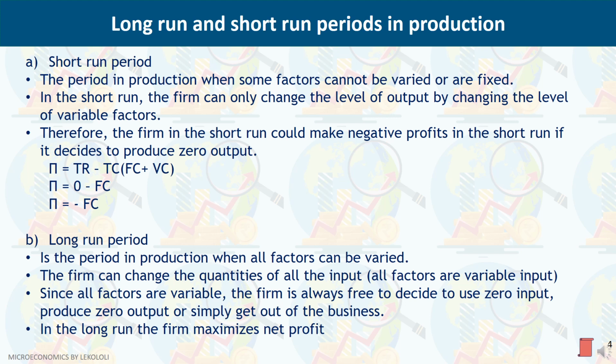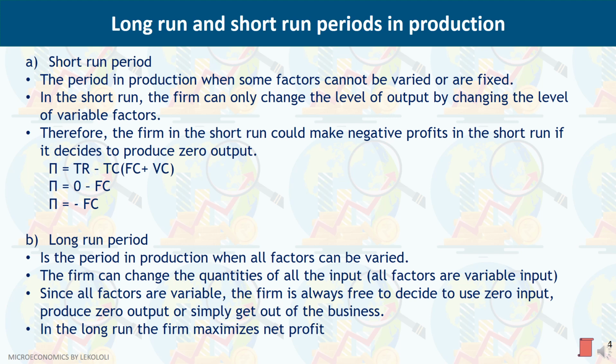In accounting, we usually have two categories of profit. That is net profit and gross profit. Net profit considers all costs, both fixed and variable. It is calculated as TR less TC. Gross profit only considers variable costs. It is calculated as TR minus VC. In the short run, the primary objective of a farm is to maximize profit.